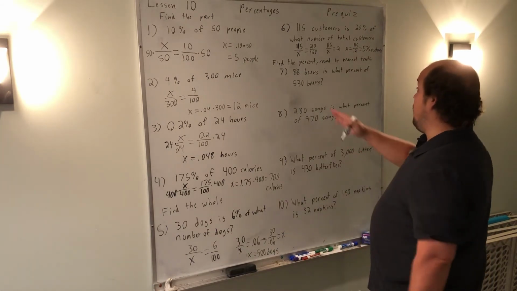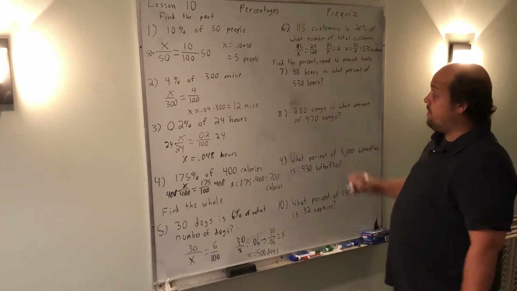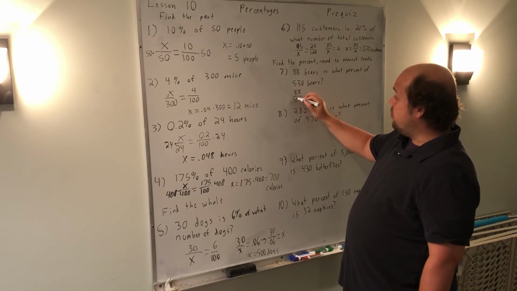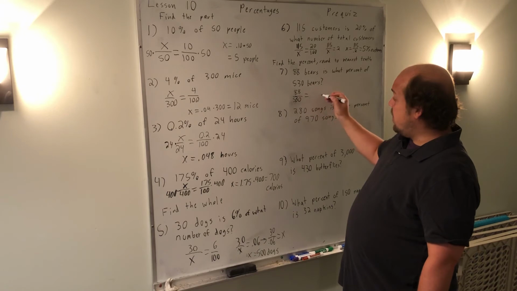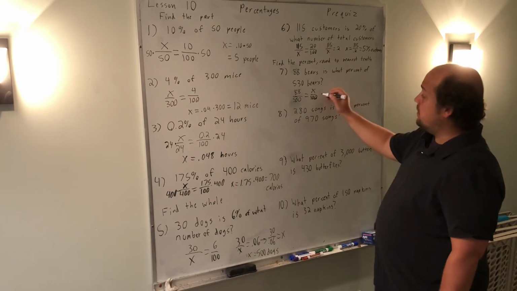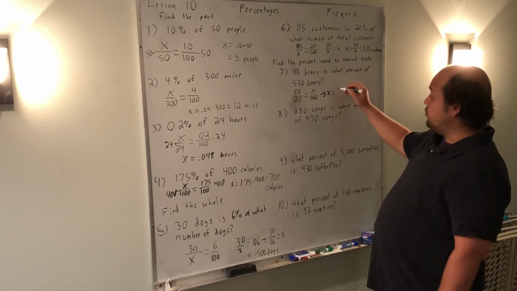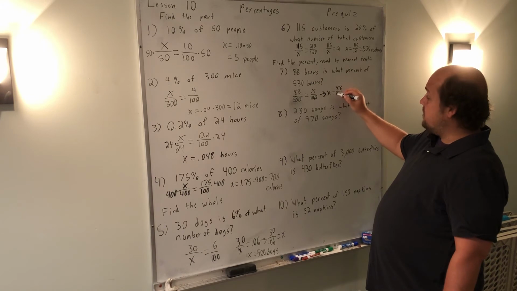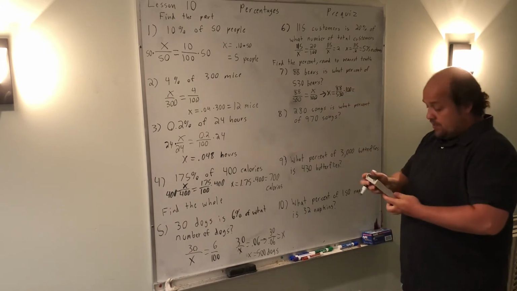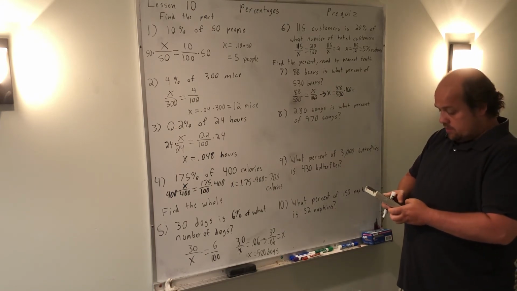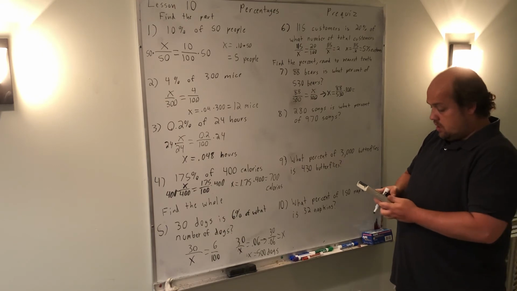So the setup here, 88 bears is what percent of 530? We want to know what 88 is out of 530 to solve for x out of 100. But if we want to get x alone, we can do that by saying, well, let me multiply both sides by 100. So it becomes 88 divided by 530 times 100. When I put that into my calculator, 88 divided by 530 times 100, it gets me to